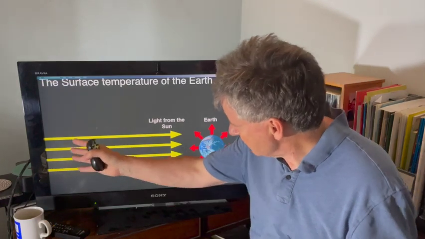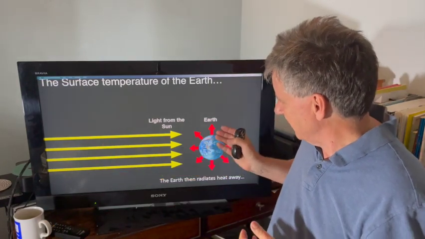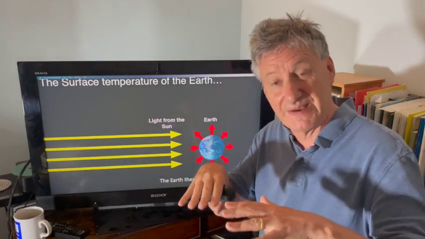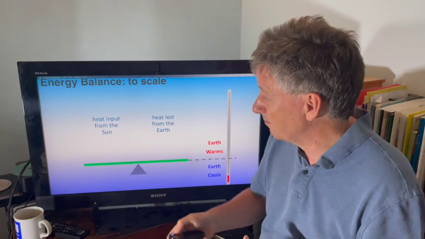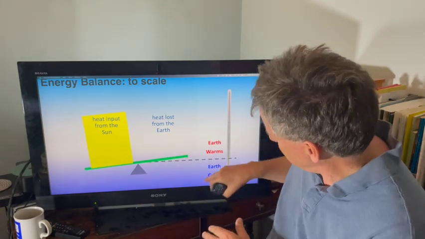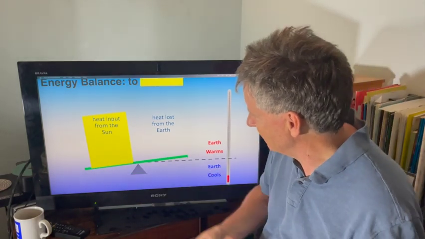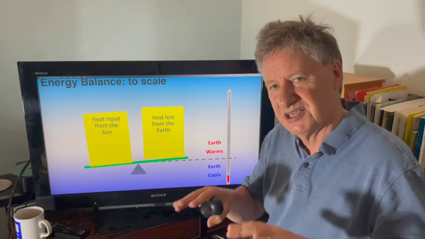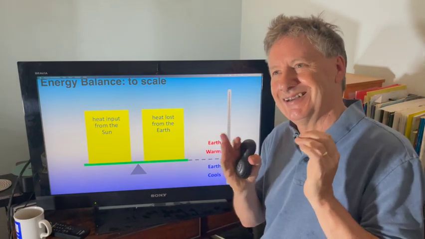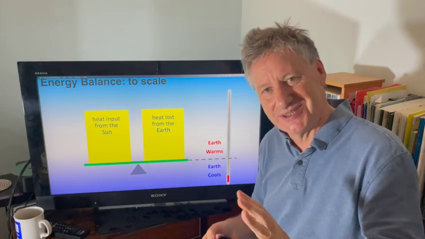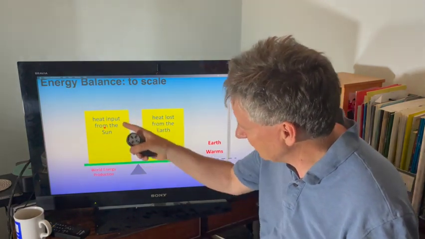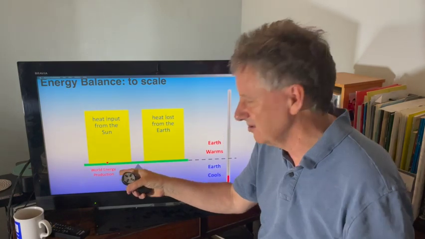And when the amount of energy coming in from visible light is balanced by the amount of energy that goes out, then the Earth's surface temperature will stay constant. So it's all about balance. So here's the heat input from the sun, and you can see that's pushing up the Earth's temperature. And here's the heat lost from the Earth. So this is the situation when these two quantities are in balance. And just for scale, let me show you on the same scale all the energy that human beings use in a year. Here, can you see it coming down here? That's world energy production.